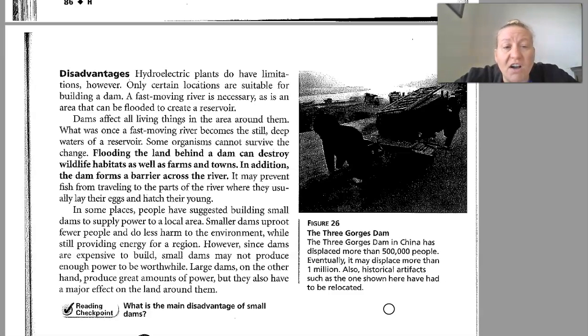Dams also affect all living things in the area around them. What was once a fast-moving river becomes the still deep waters of a reservoir. Some organisms cannot survive the change. Flooding the land behind a dam can destroy wildlife habitats, as well as farms and towns. In addition, the dam forms a barrier across the river. It may prevent fish from traveling to the parts of the river where they usually lay their eggs and hatch